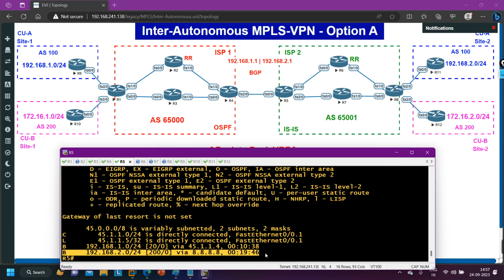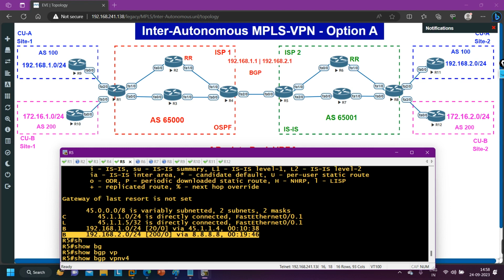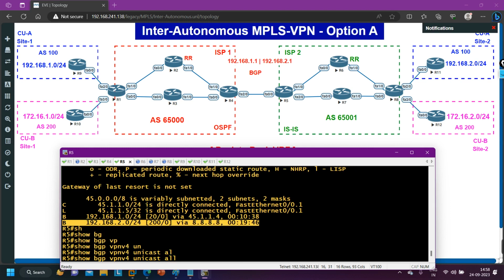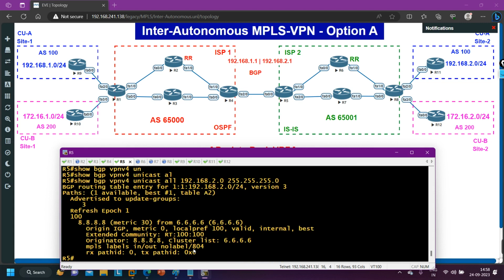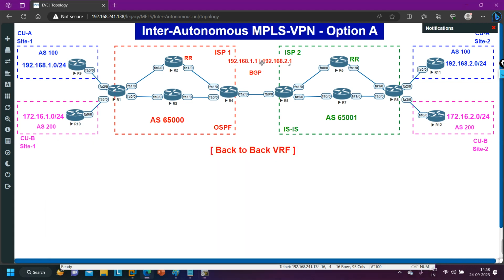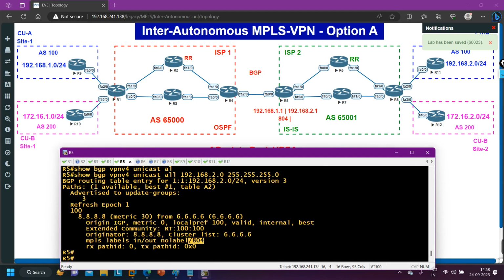and it is reachable via 8.8.8.8, and again 8.8.8.8 is available in global, so it will check what? The SAP table. And before that there will be one label with this prefix in the BGP VPNv4 unicast all table. For 192.168.2.0 here the label is 804. So the inner label will become 804 over here,